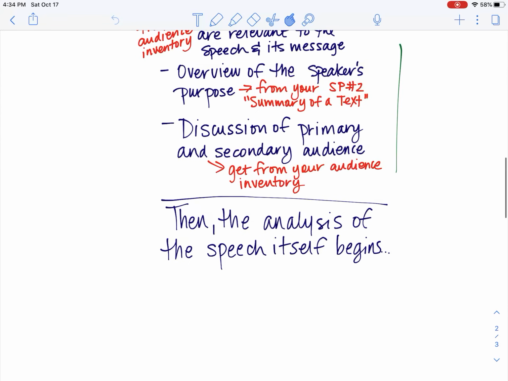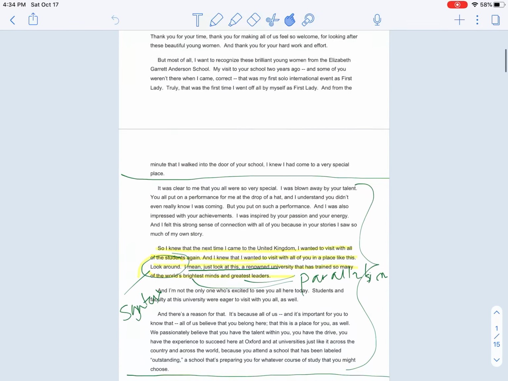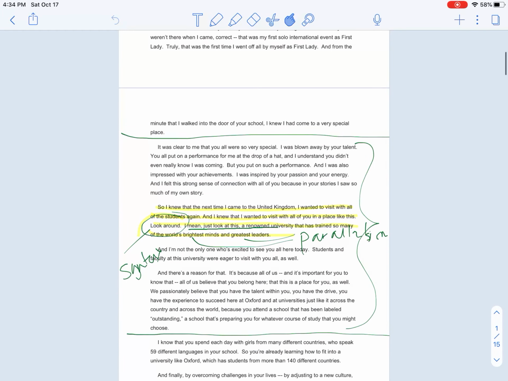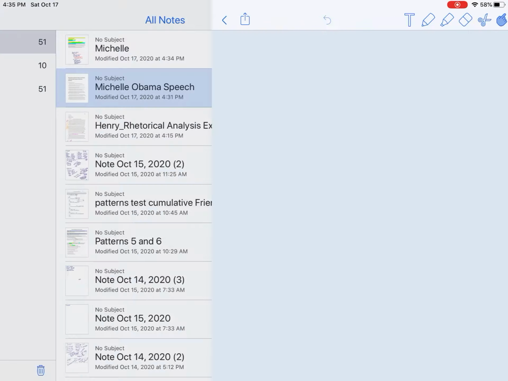But then when you get to the actual analysis of the speech, you will, as we said before, take your speech. This is Bella's. You're going to have your own. You've got your notes and your annotations on the logical functions of a paragraph and the reading chunks. Then you go chunk by chunk, and you decide, okay, this is an important point. What's the best quote to prove that? Once you've picked the best quote,